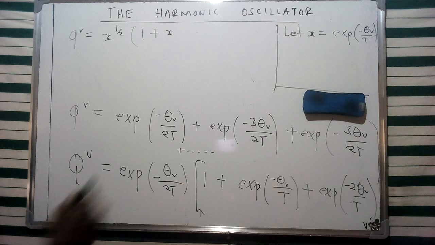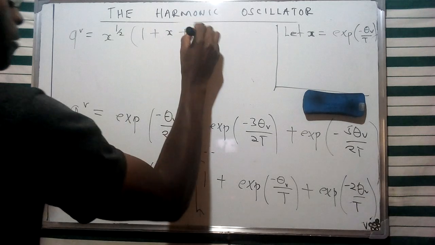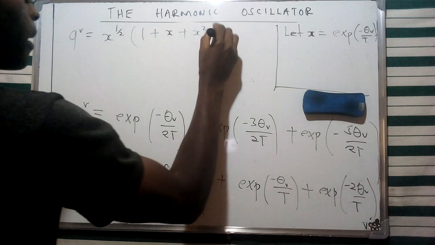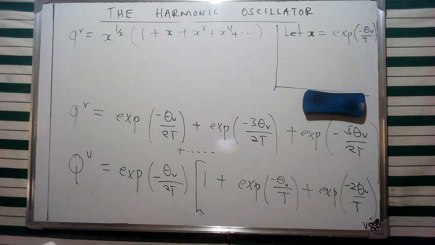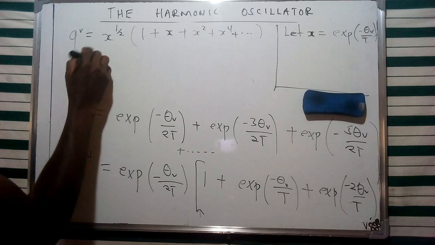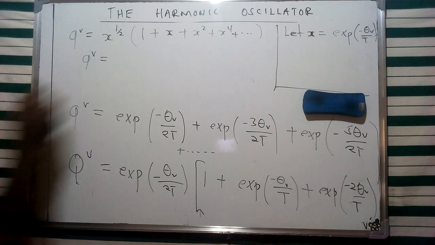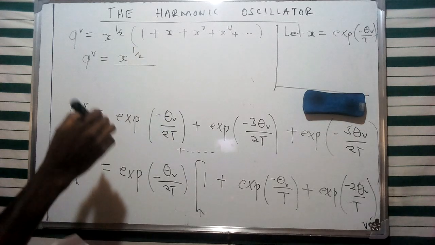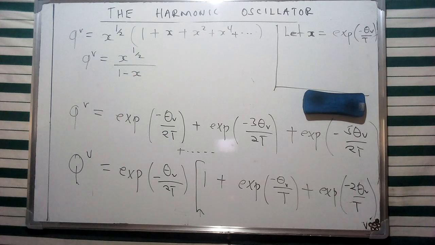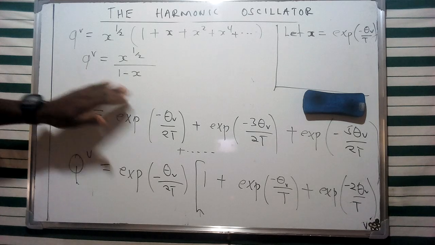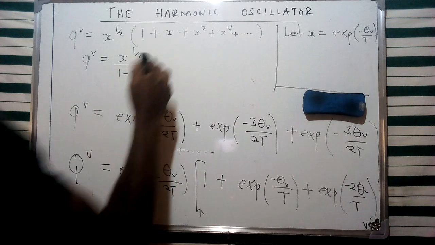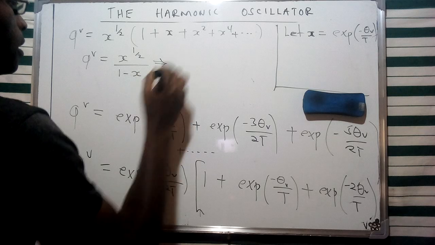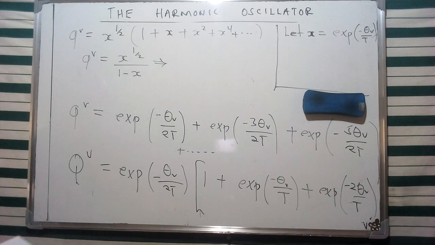And therefore, I'm going to go on in that specific order: x to power 2, x to power 4. So this kind of progression, as I had said, is going to result in some kind of geometric progression, which of course we are going to have ending up in a general description of the form x raised to power a half all over 1 minus x. And if we try to look at this, then we can substitute, or rather replace back our representation for the value of x, and this is going to result in a form of the partition function represented as QV is equivalent to